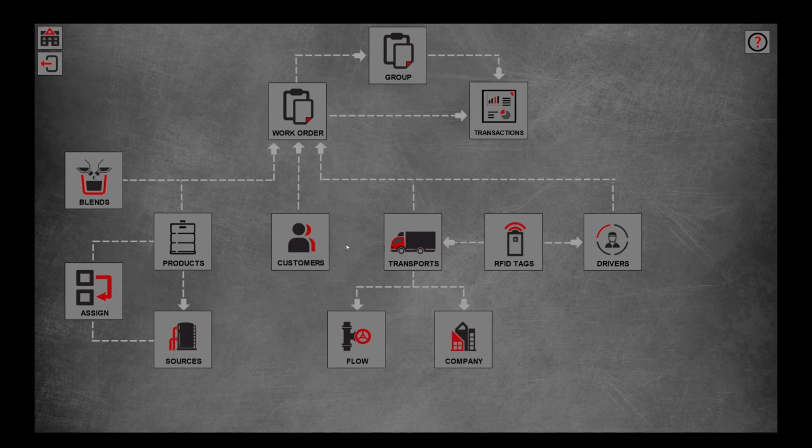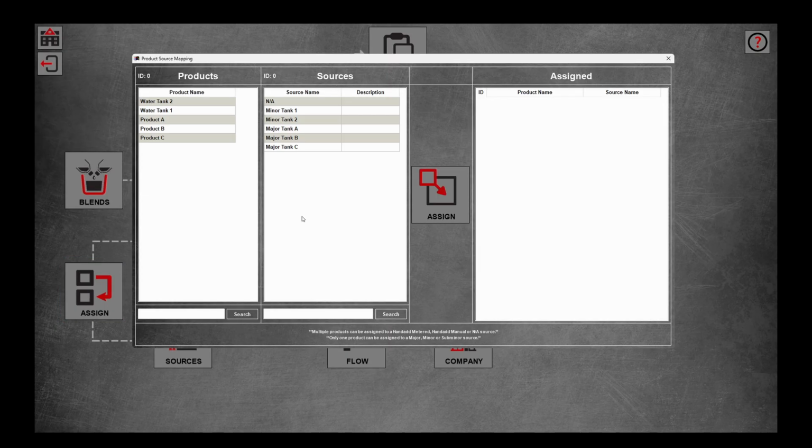From the Data screen, navigate to the Assign tab, located just to the left of Products. This page is used to assign products to their corresponding tank sources so the system knows exactly where to pull product from when a work order is run. In the left column, the operator will see a list of all products. The middle column displays the available tank sources, and the right column shows the assignment outcome, confirming which product is